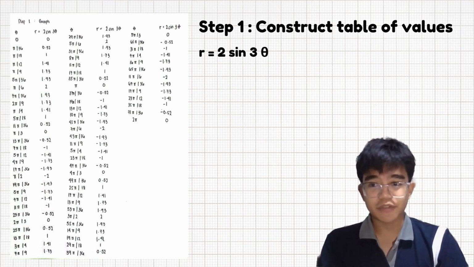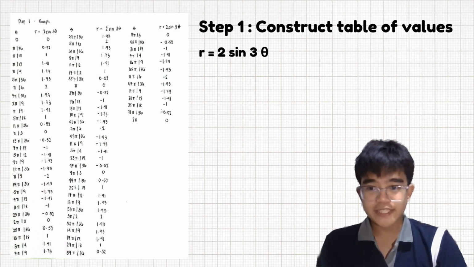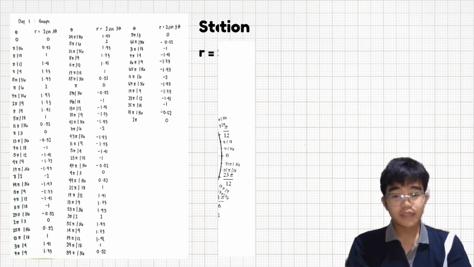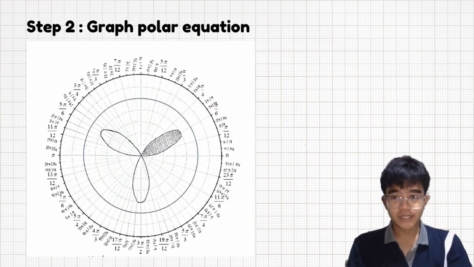Using the same process of finding our radius, we now have our table of values. Notice the number of radius and theta pairs is 72. These 72 are points that we need to graph. And then again, we have to multiply 1 over 3 to pi over 12 because our polar equation has 3 theta. Now, we graph our polar equation, and that should look like this, with 72 points and 0.5 as the value of each concentric circle. So this polar graph is a 3-petal rose.